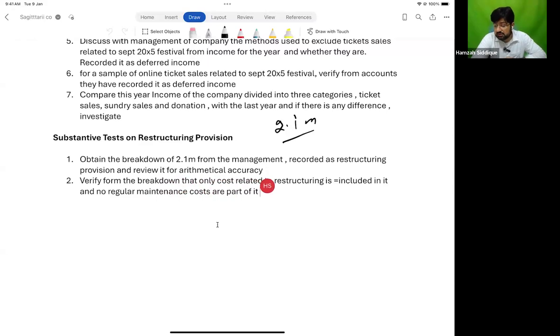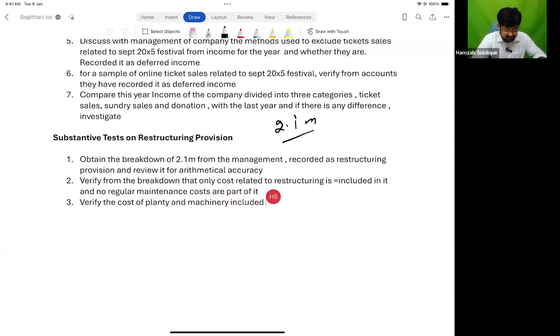Yes, verify from the breakdown. Acquisition of plant and machinery. Yes, so they have recorded plant and machinery price. Okay, verify the cost of plant and machinery